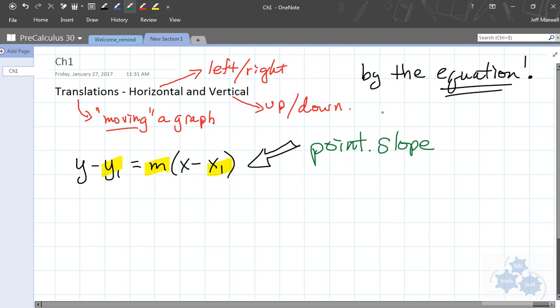Okay. Now, if we alter the slope, we're going to get a different line. If we change the point, we're going to get a different line. But what about, let's see. Okay, so